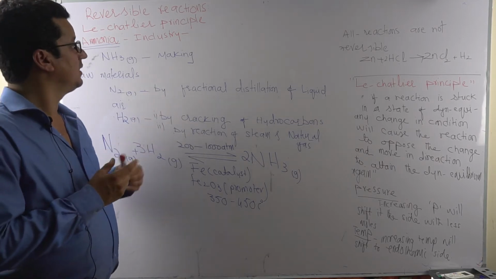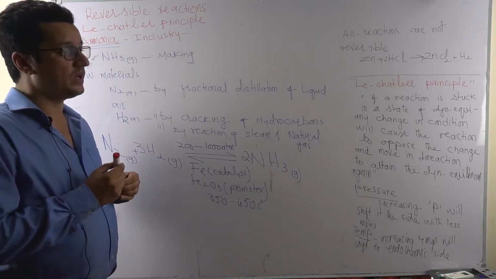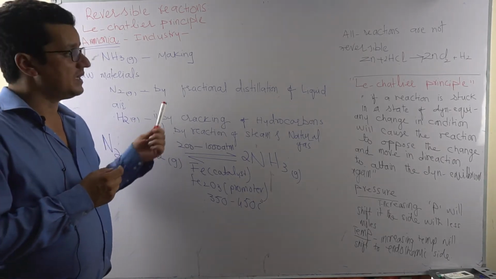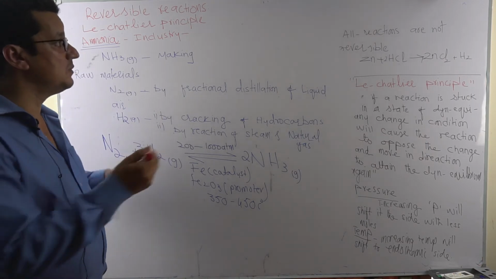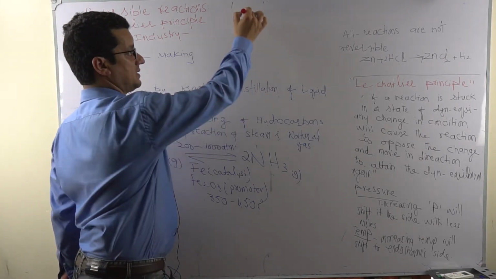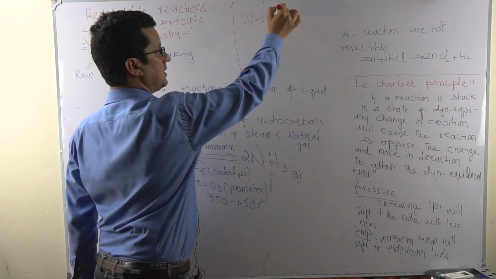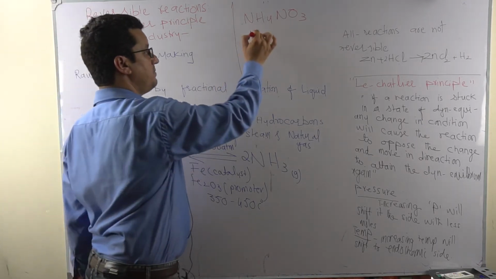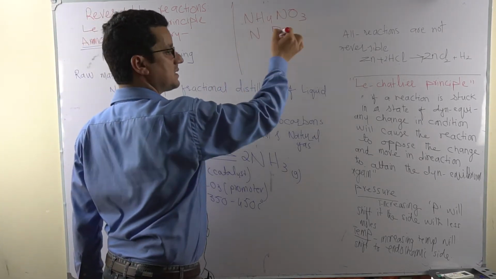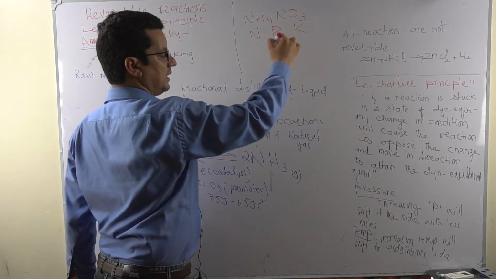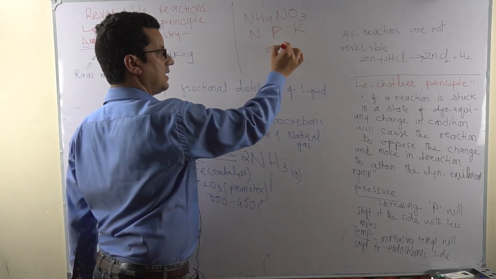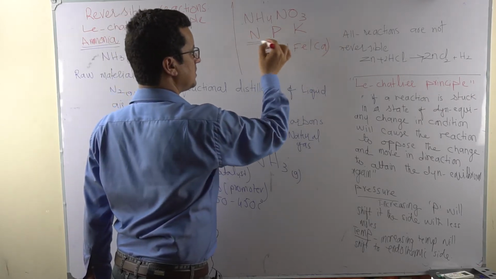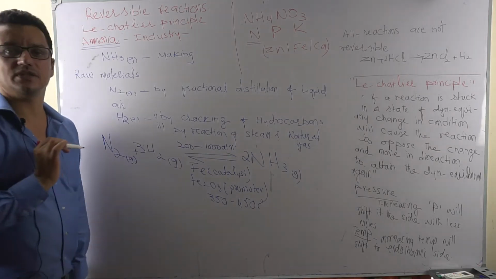So, ammonia making, or the ammonia industry, we basically need to look at based on the reversible reaction rules and Le Chatelier principle. I said ammonia is extremely important because ammonia is needed for all sorts of fertilizers, like the famous fertilizer ammonium nitrate, because fertilizers provide basic elements like nitrogen, phosphorus and potassium, along with zinc, iron and calcium. These are traces, but you need large amounts of nitrogen, phosphorus and potassium.